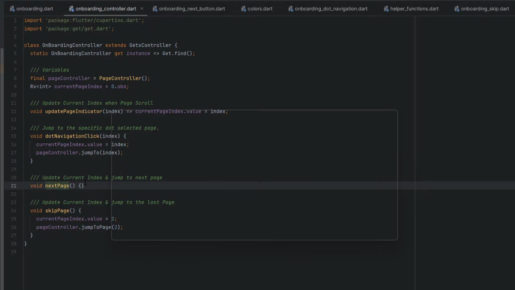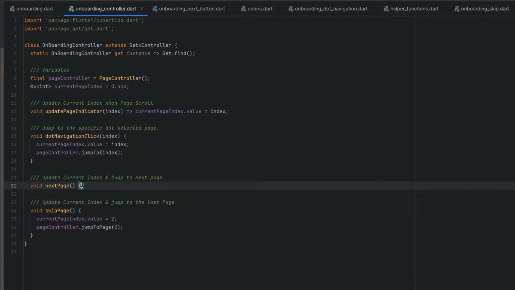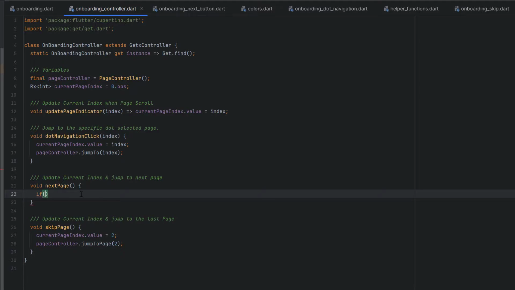Now for the next page, let's go to the next button, and inside again we will do the same, call the onboarding controller dot instance dot next page. Now whatever we have to do on the click of this next page will be handled inside this next page. Okay, first thing we need to add an if statement.